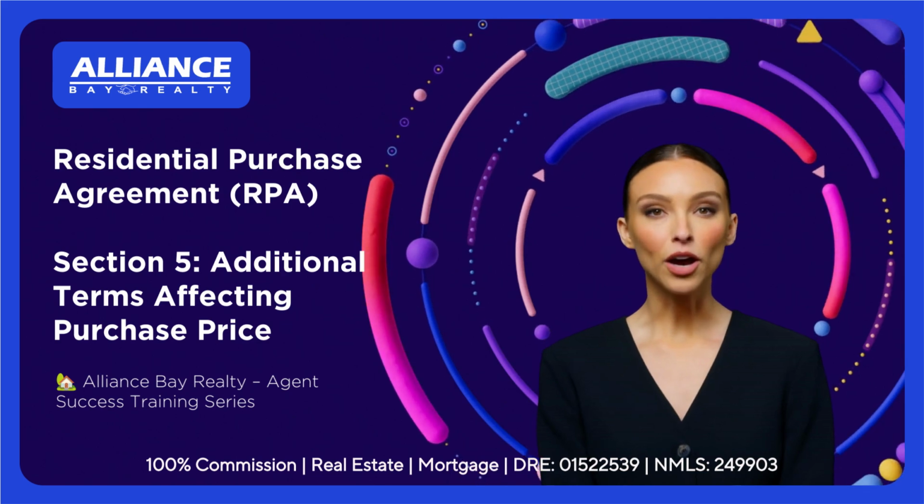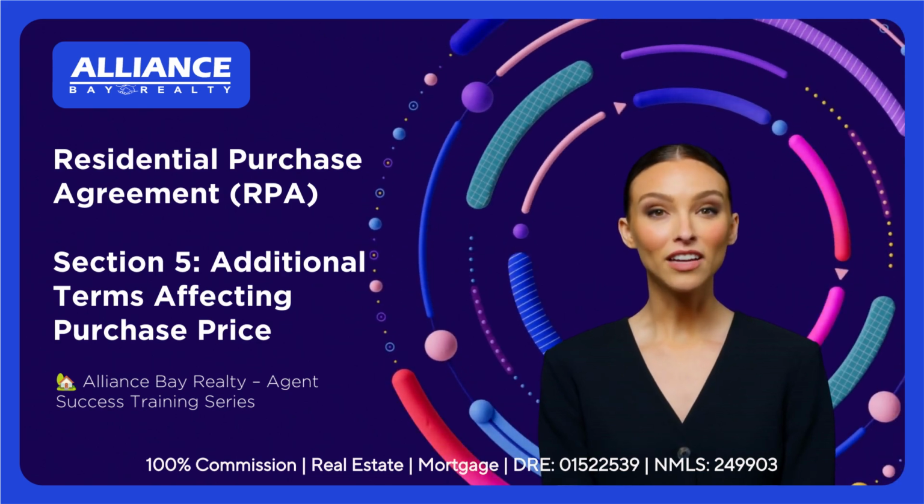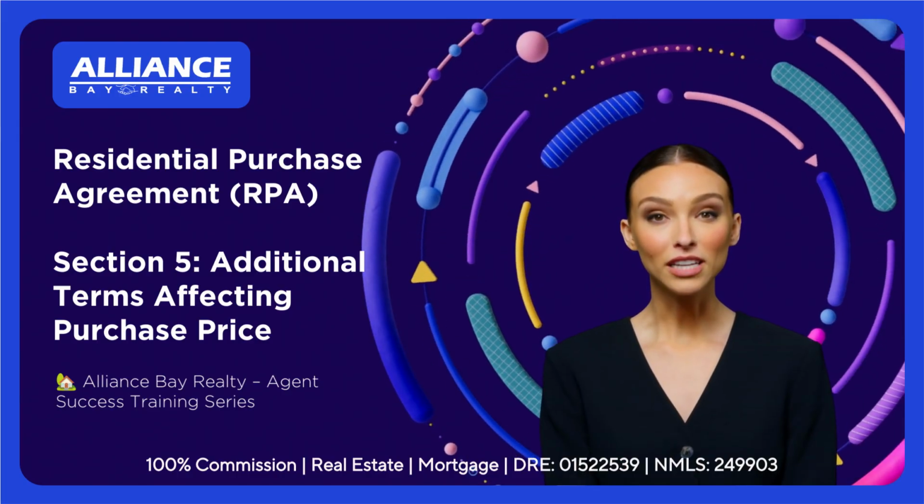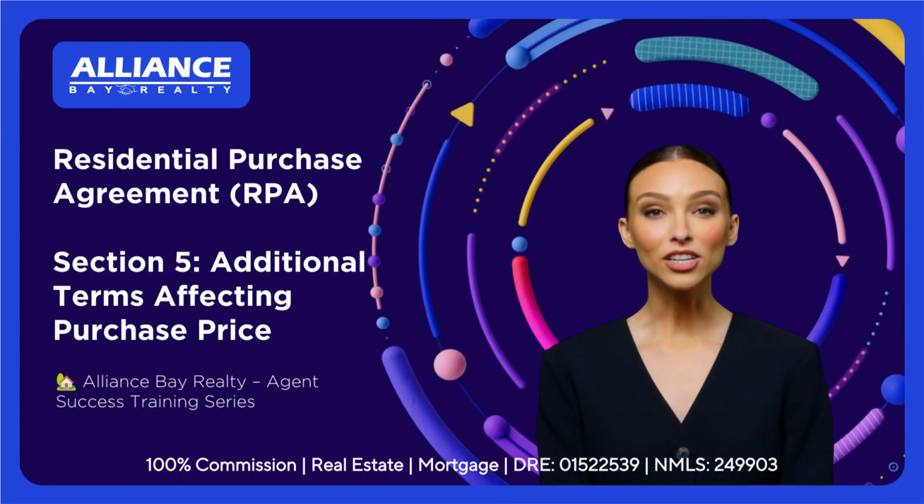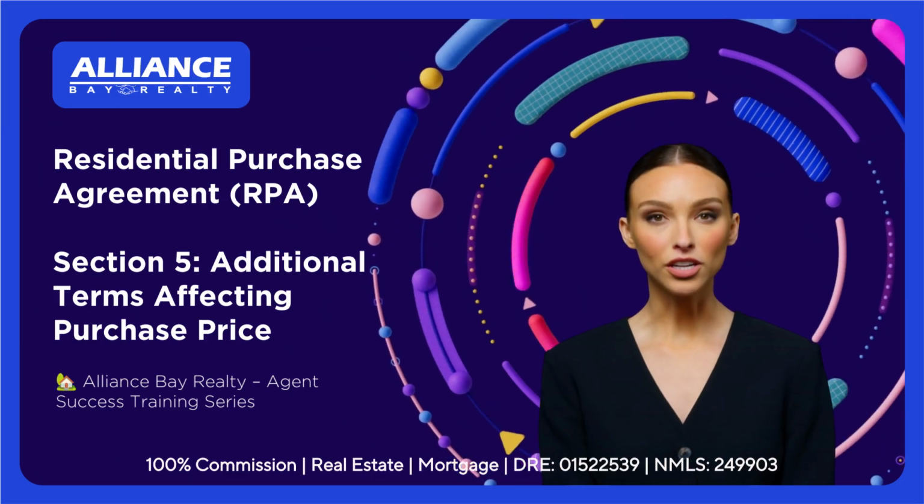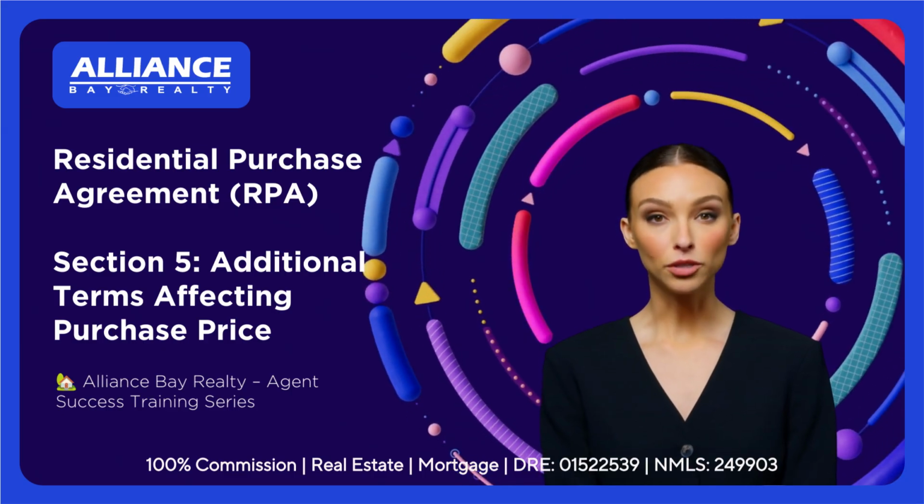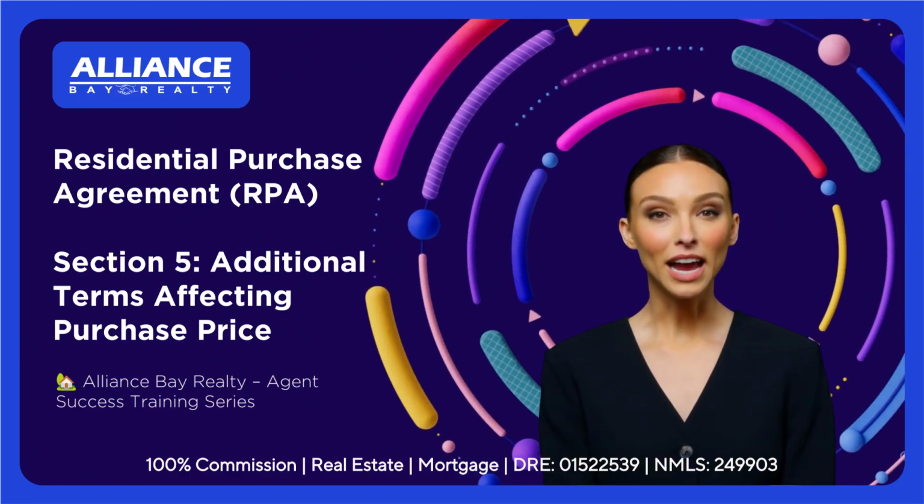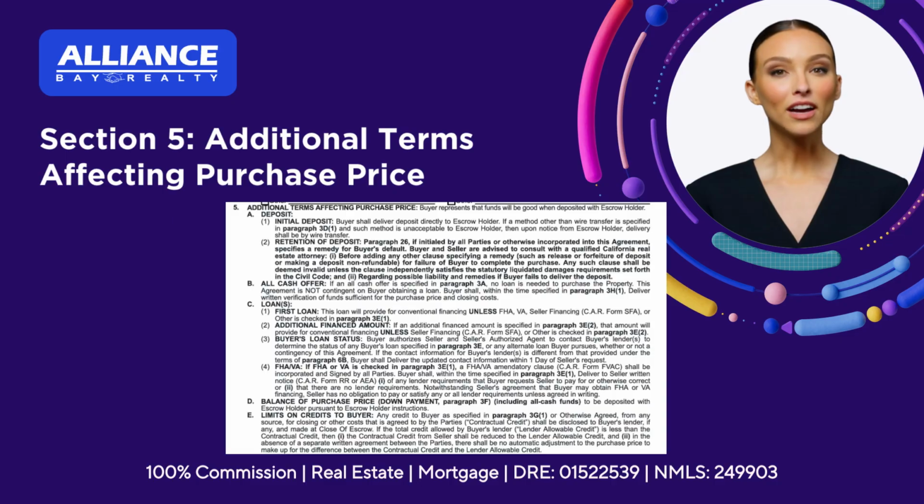In this video, we're diving into Section 5 of the California Residential Purchase Agreement, additional terms affecting purchase price. This section explains how the buyer's money is structured, from the initial deposit, loan terms, and balance of the purchase price, all the way to credits and cash offers. It's where we find out how the buyer is paying, who's lending, and what conditions apply if financing or credits